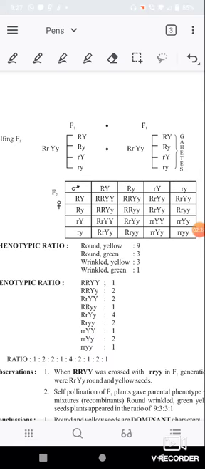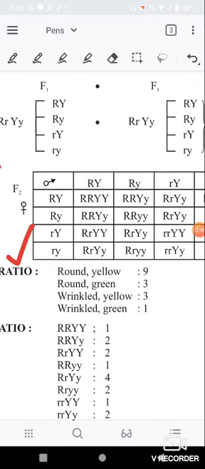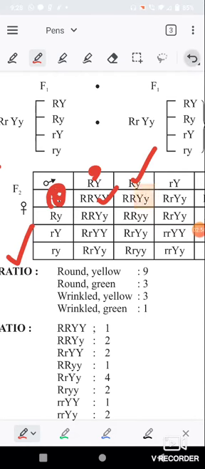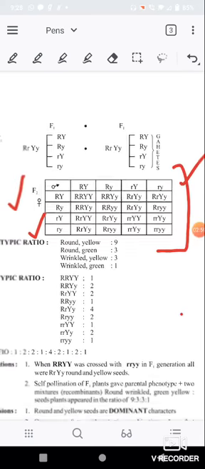How are we going to make it? We can show the progenies by using the Punnett square, which is like this. In the Punnett square, we write the gametes of one parent over the top and of the other along this side, and we fill the cross by multiplying both. So when you multiply this one with this, you will get this progeny, and when you multiply this one with this, you will get this progeny. In a similar manner, we can fill the complete table. On filling the complete table, we get different types of genotypes, as you can see.